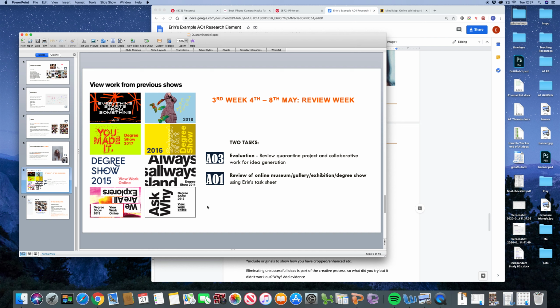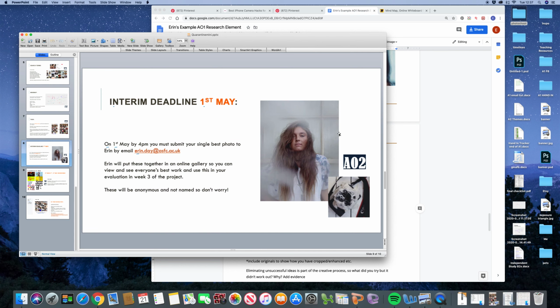Normally, we would actually go to a degree show, but instead you're going to do it through the computer. So I'm going to get you to find some images that you're really excited about, really respond to, and you're going to talk about what interests you about those particular pieces of photography. So you'll have done lots of your own ideas, your own practical work there, but